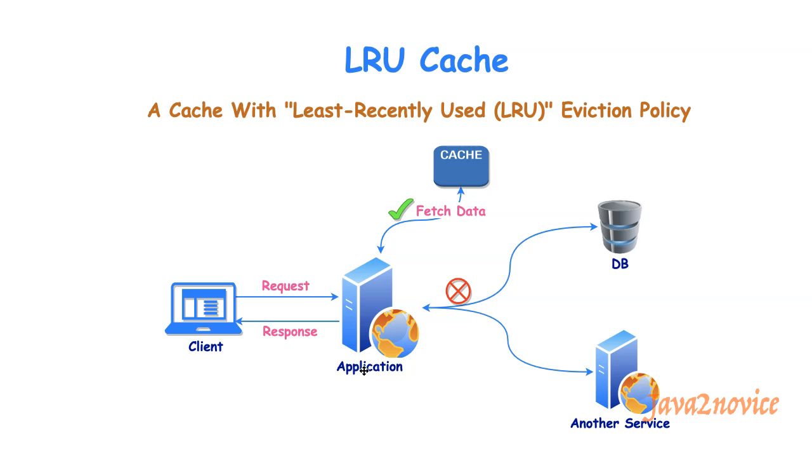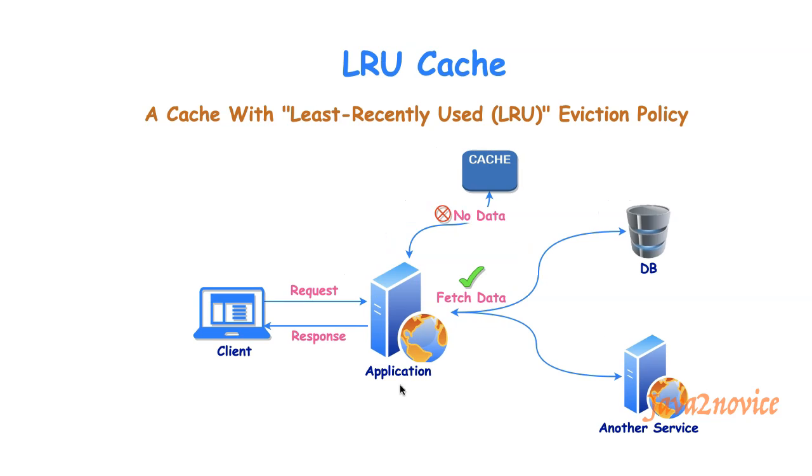Now the request will be served directly from the cache if the response is available within the cache. In such cases, the application never fetches data from either the persistence layer or another microservice. It will directly consume data from the cache and return the response back to the client. The application fetches data from either the DB or another service if it is not available in the cache. Just before returning the response, the application also stores this response data into the cache so that it can serve later requests.